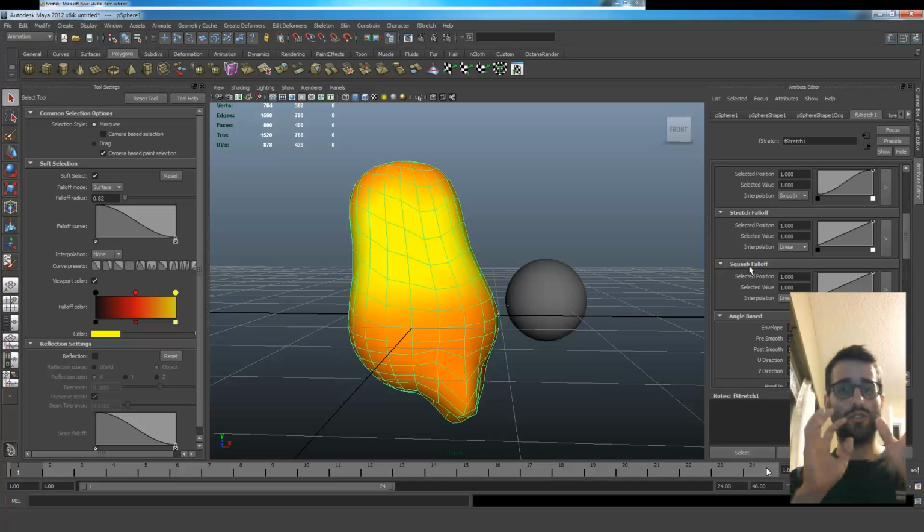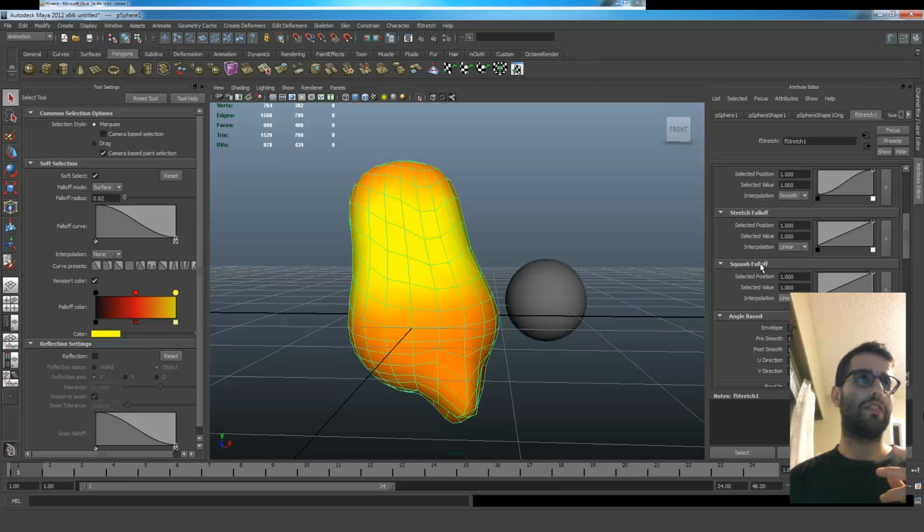The tension is like a mask saying this is this, the other part is this. You're smoothing out the mask that you're using to blend between one or the other. As the relax is really taking the actual vertex